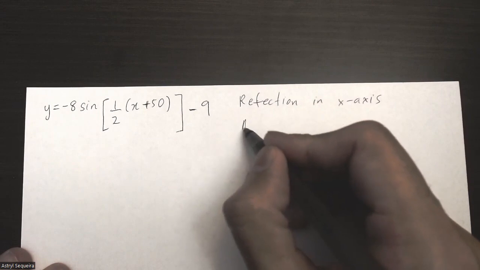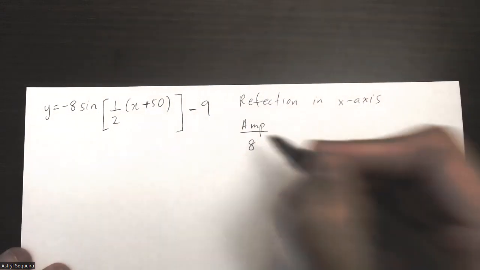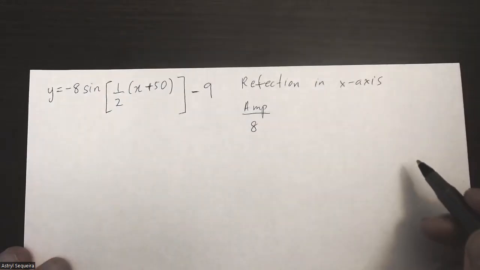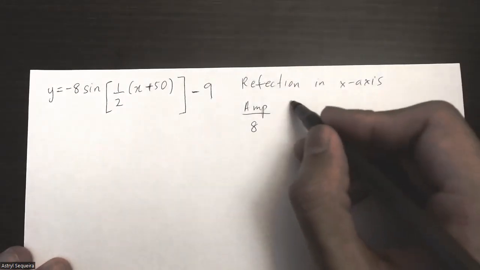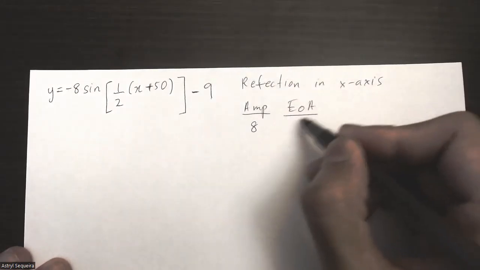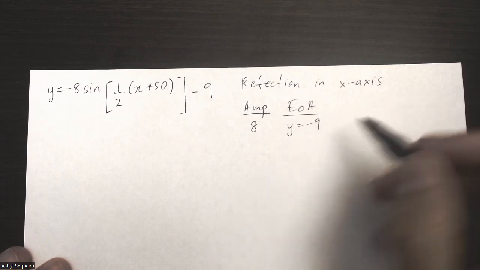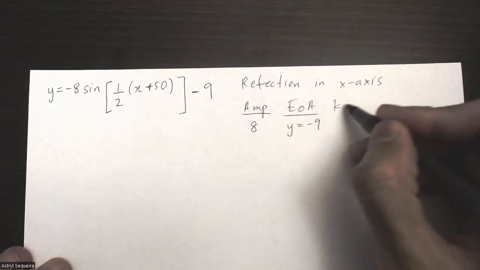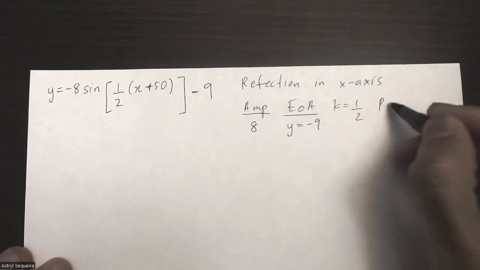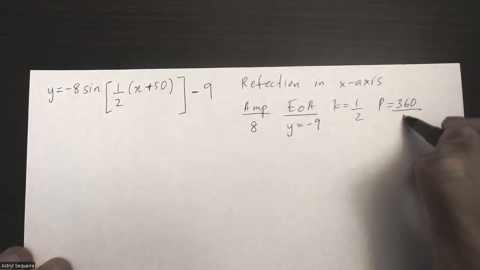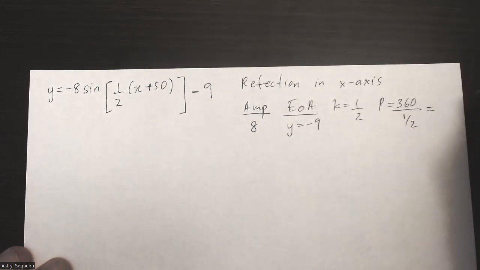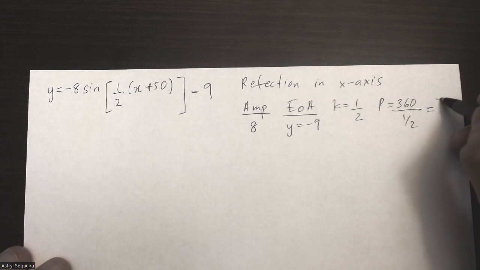Then I have an amplitude of 8. My equation of axis is -9. My k value is 1 over 2, which means my period is 360 divided by 1 over 2, which is